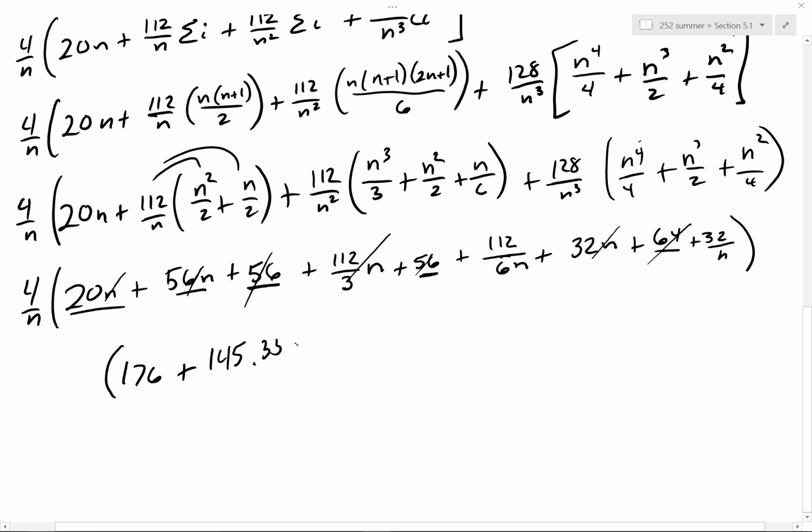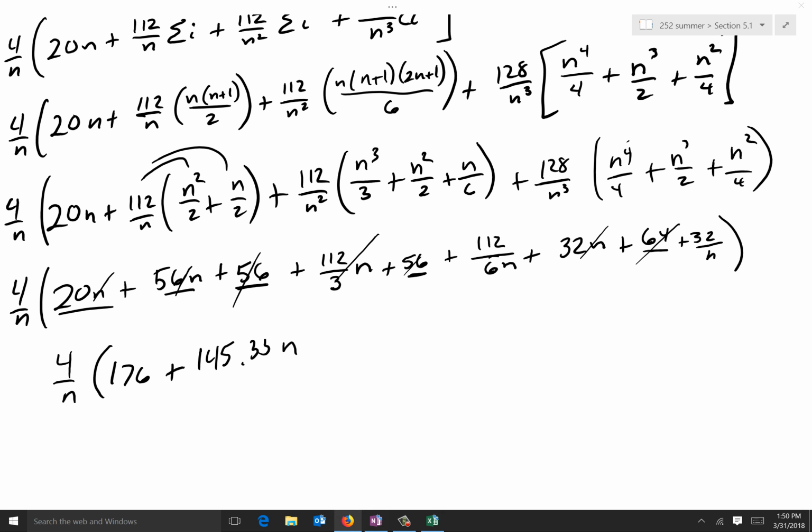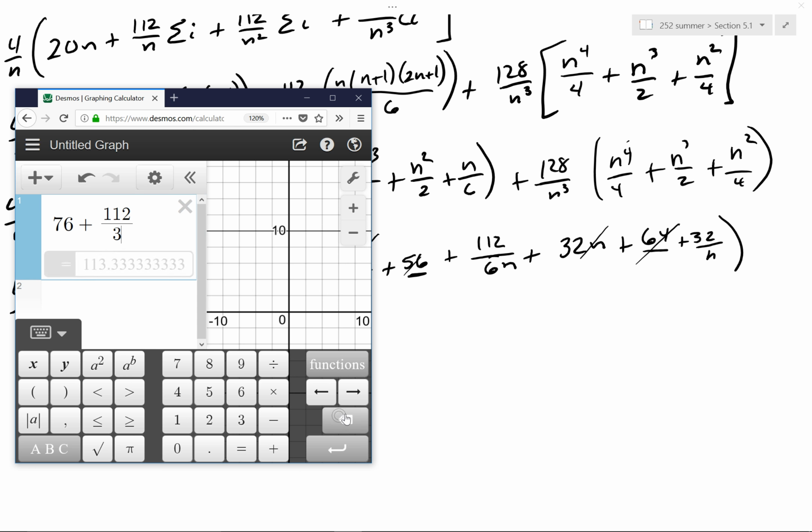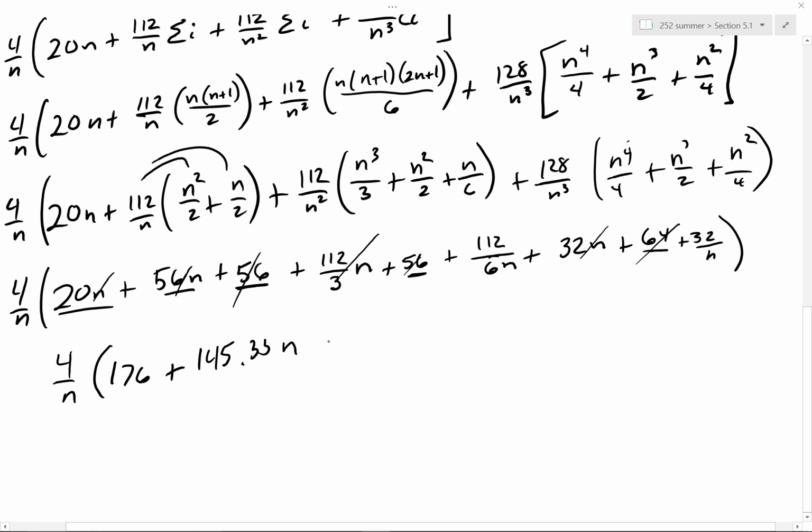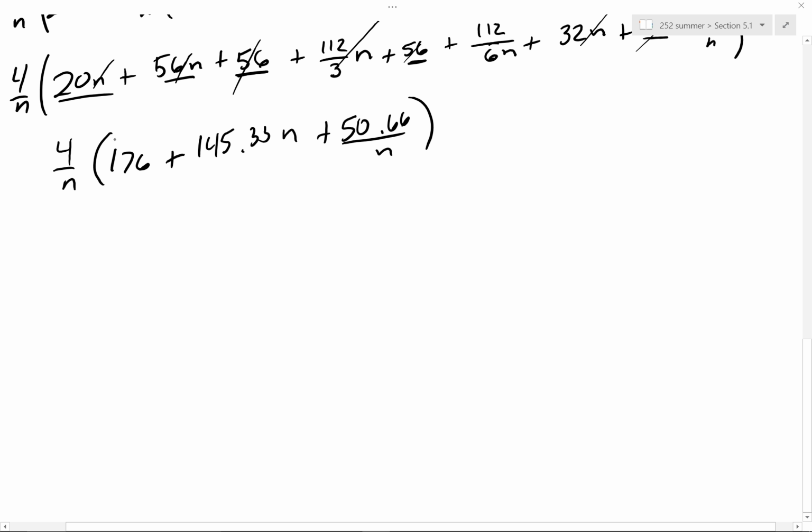I just added them up. Okay. And then we want the over n ones. So 112 divided by 6 plus 32 is 50.66 over n. Okay. Now, if you distribute this baby through like that, you're going to get